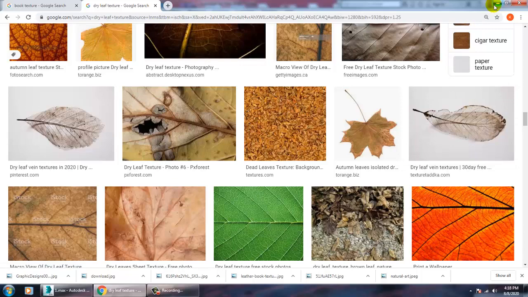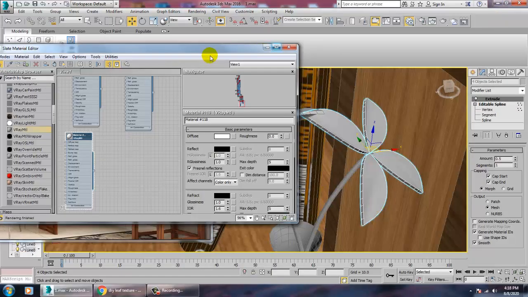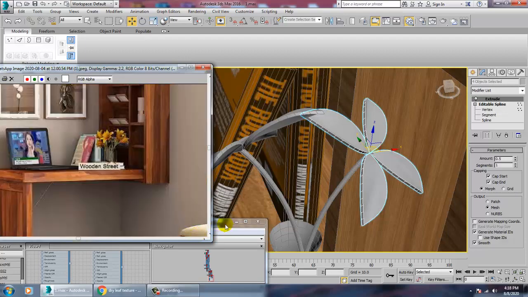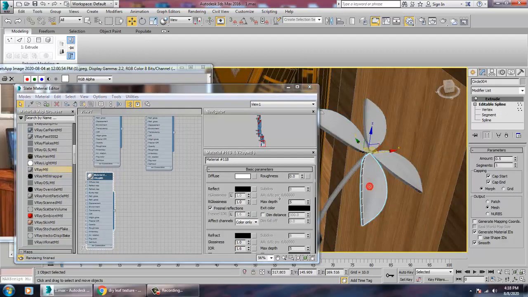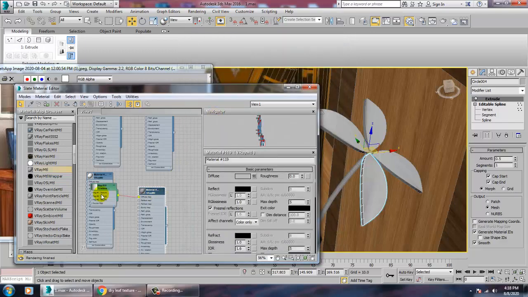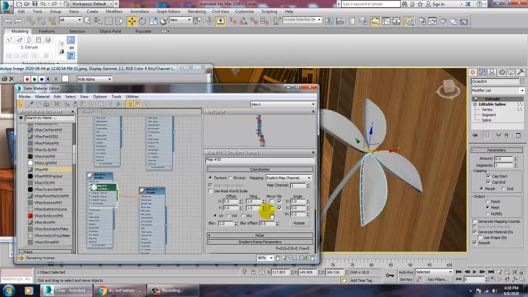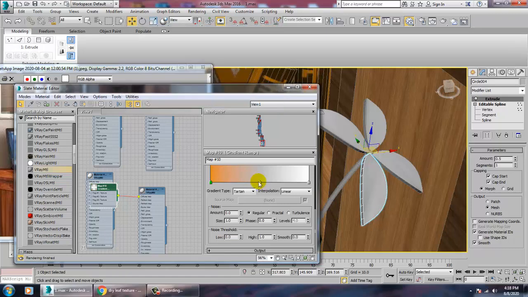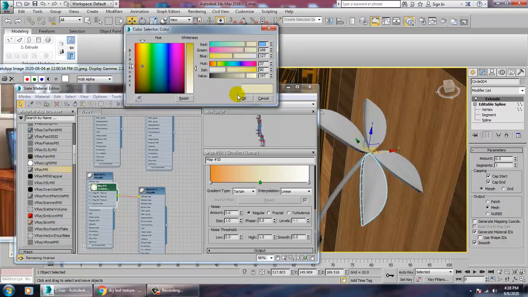So better what we'll do is we'll just assign a color to it, or even you can use a gradient if you want. You can even use a gradient over here. So you can just take a V-Ray material, you can go into this, and you have an option called gradient ramp. You can go with that also. You can go into the gradient ramp and you can just take any color over here.